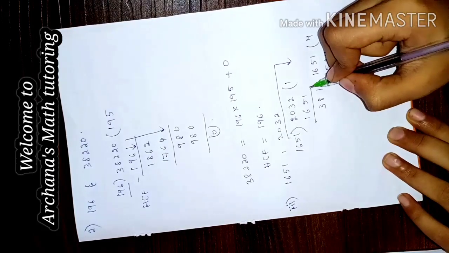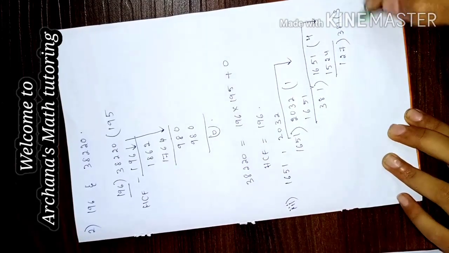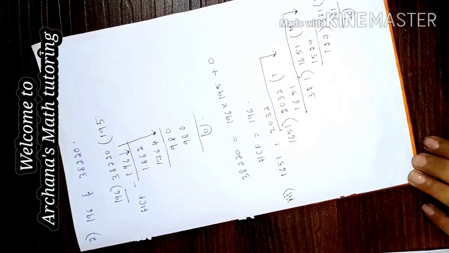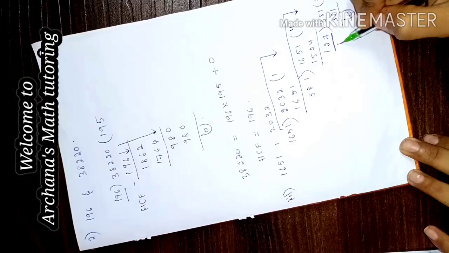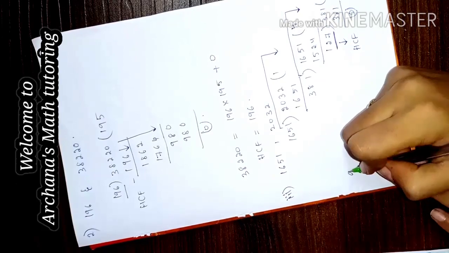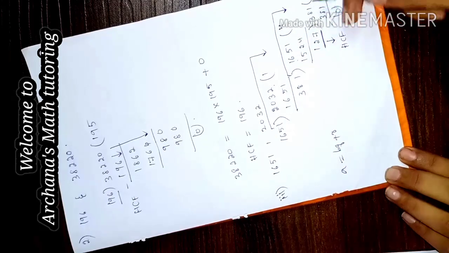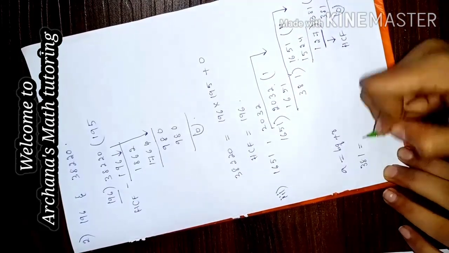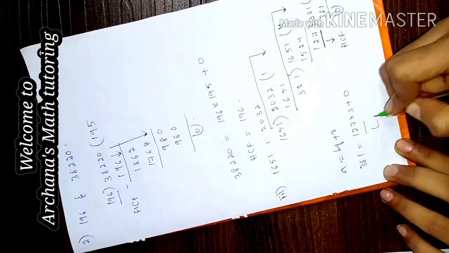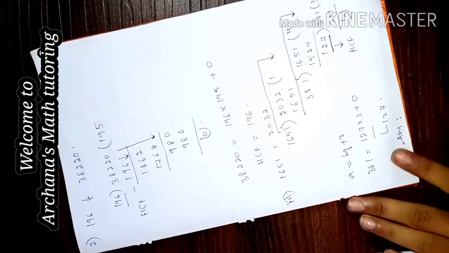Now get this 381 down. 127, 3s are 381. Hence the remainder is 0. Now you can stop the problem. Whenever you get the last divisor, this is called the HCF. You don't have to write the values for 2032 and 1651 when you write A is equal to BQ plus R. Directly you can write for 381. It is 127 into 3 plus 0. So the HCF is 127. The answer is 127. I hope you got this very well.